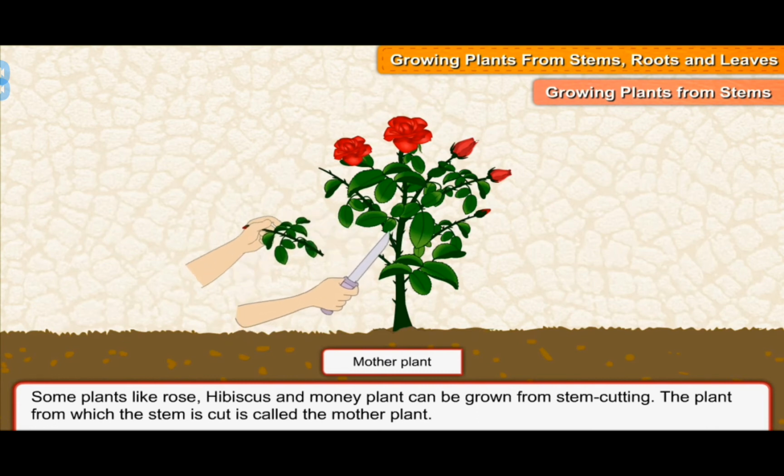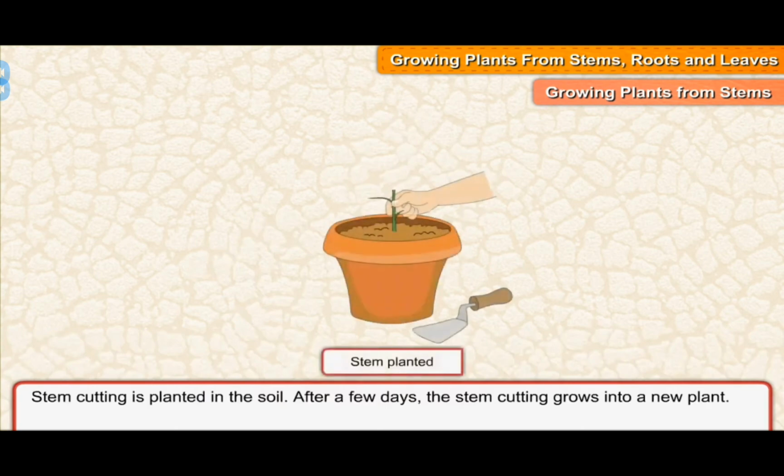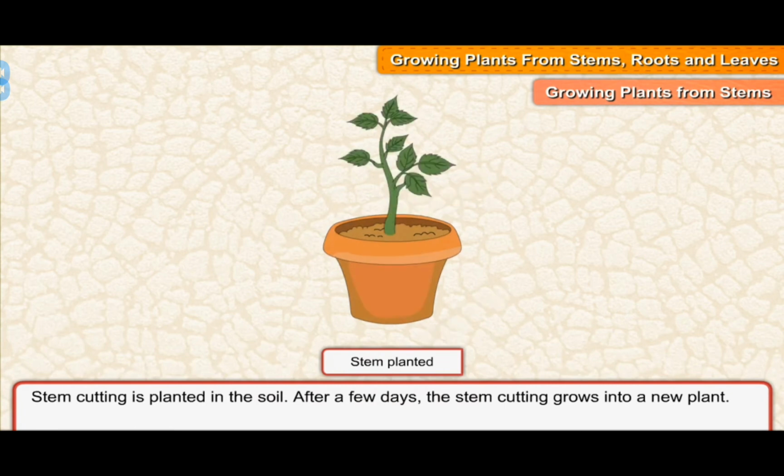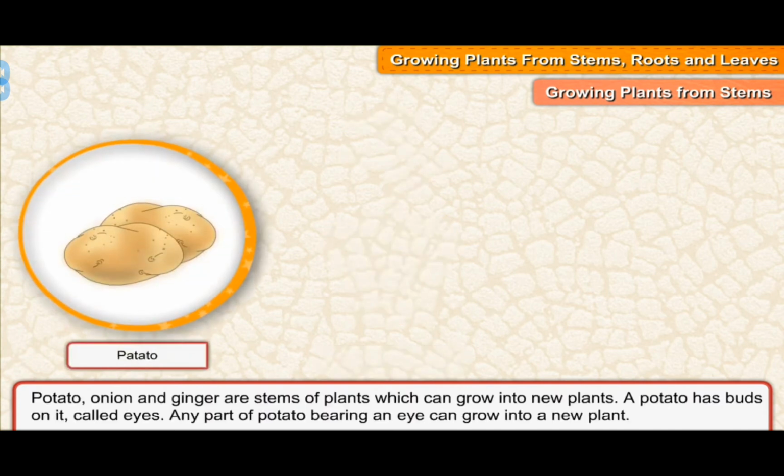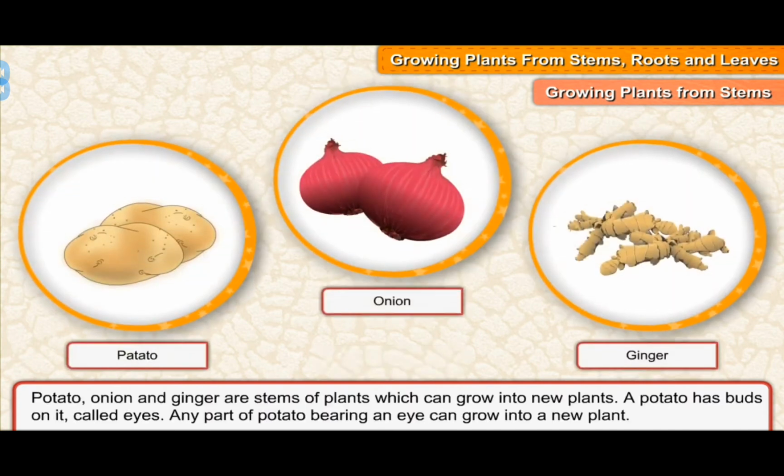How do they produce? Yes, your answer is correct. We can produce a new plant through the stem cutting process. Stem cutting means we can get a portion of stem from the mother plant, a piece of a stem, a branch also we can term. Then after that when we sow that, we can get a new plant.